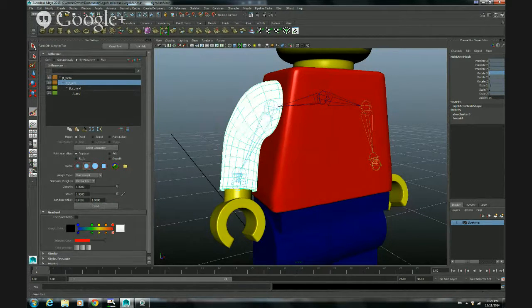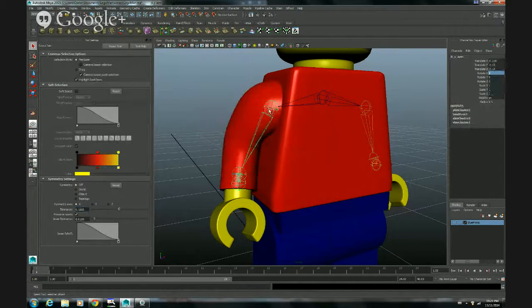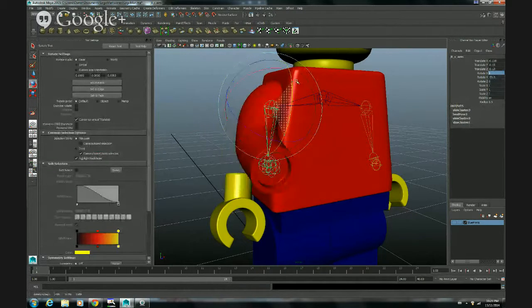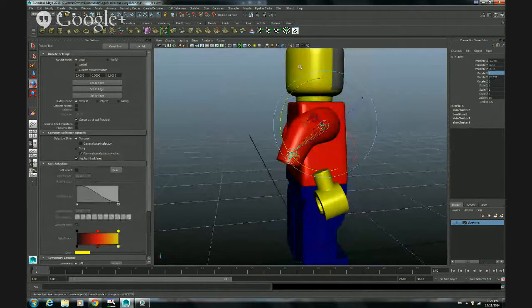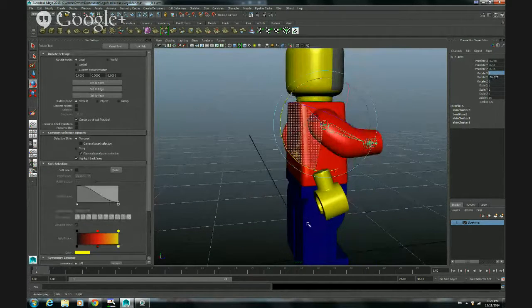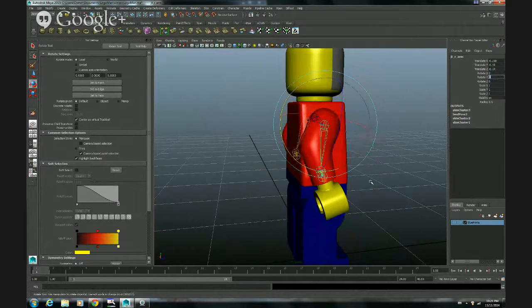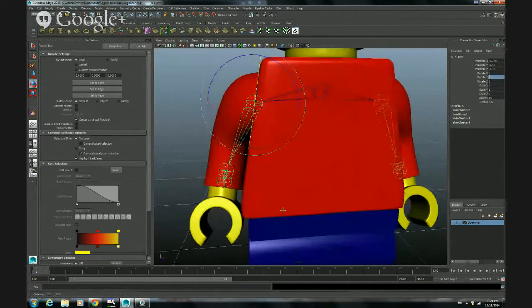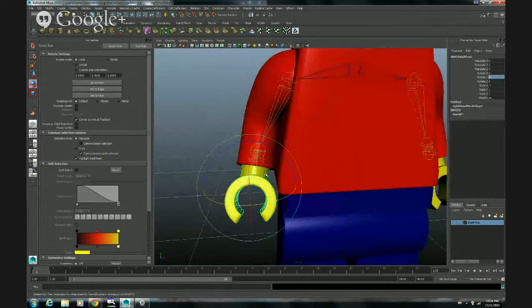All right, go back to selection tool, select this bone, and just rotate again, just to make sure that everything's working fine. I'm rotating it just to make sure that everything's working fine, and it is. I'm going to type 0 right here. And then the next step is select the hand,